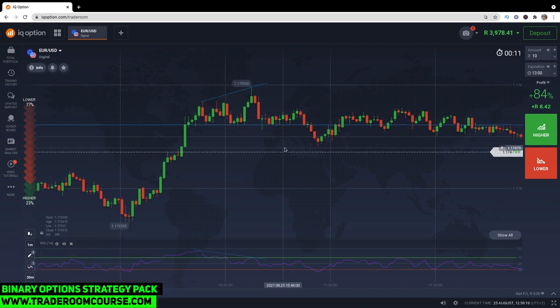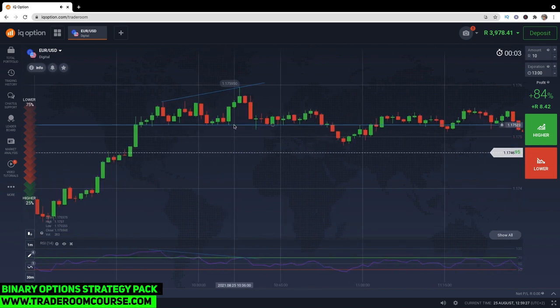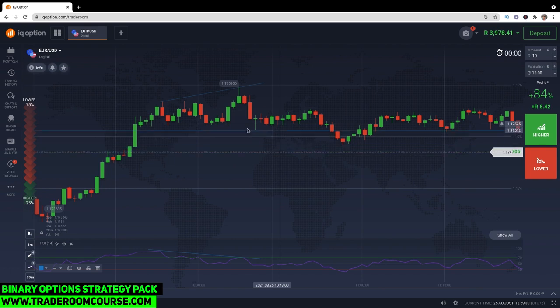We are now looking for a break and retest of this area in order to place a trade. And as you can see, let me just zoom in here so we've got it correct. That's our area of resistance where the candles have touched. We want a clear break and retest. Now here on this candle, we had a break, but not a clean break with no retest. We want price to break below and then come back up for the retest, which we had here,